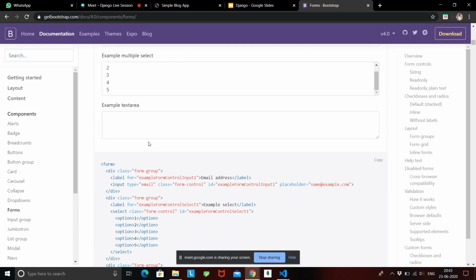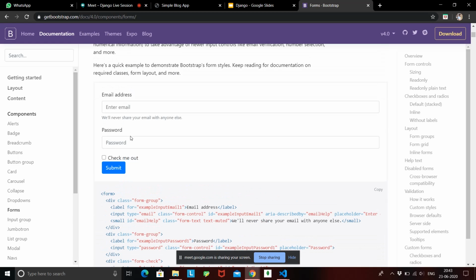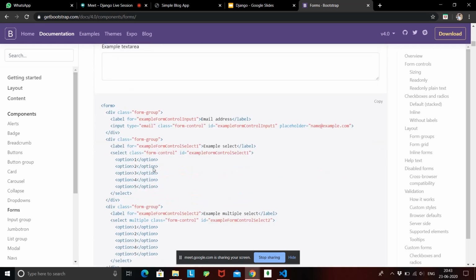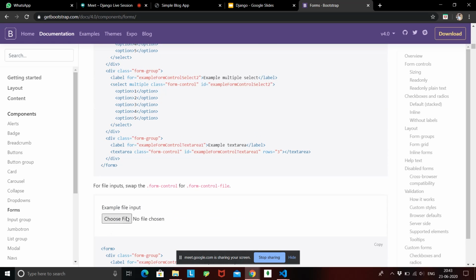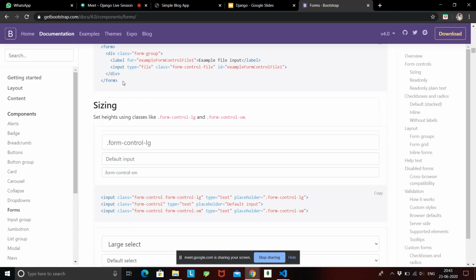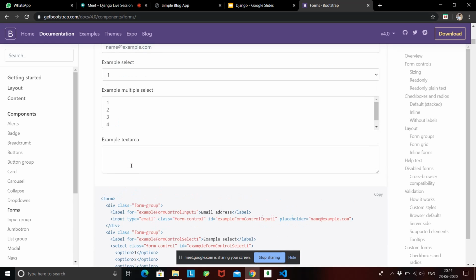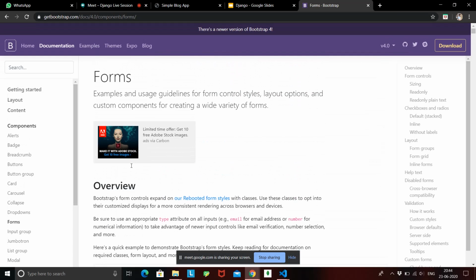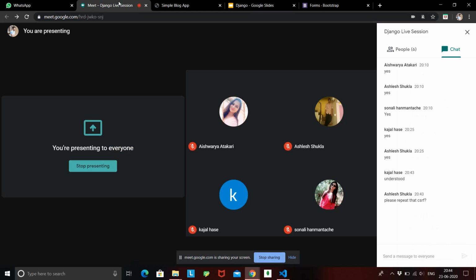Make sure what data type or what field you need. If you need a text area, do you need a single form, do you need a password field? A password field will never show your data. It will only give out the stars or the rounds you need. So there are various types of data. You can even choose a file when we'll upload images to our blog. So this is how you can create a form using bootstrap, and it is very simple. So everything clear till now?